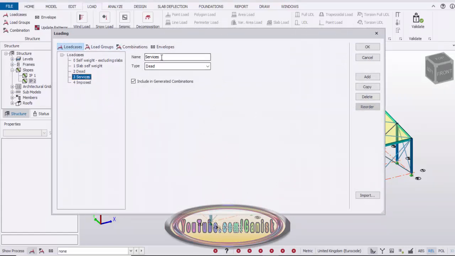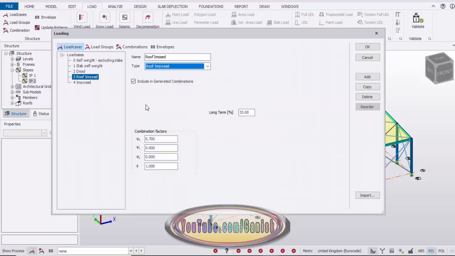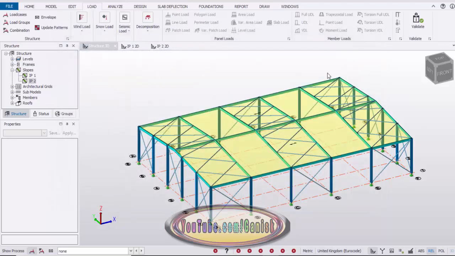Now we're going to rename the service load as roof imposed, and under type we also need to select roof imposed. We don't need the imposed load at this moment, so delete it. Okay, that's it. Then click OK.